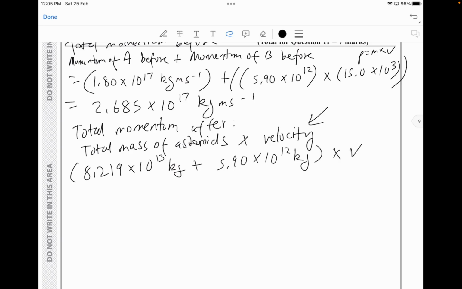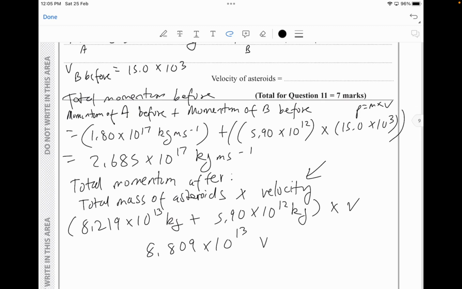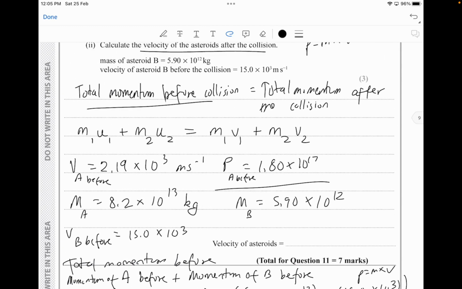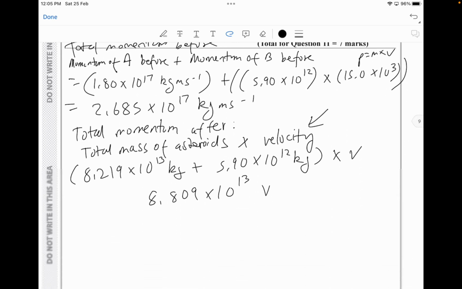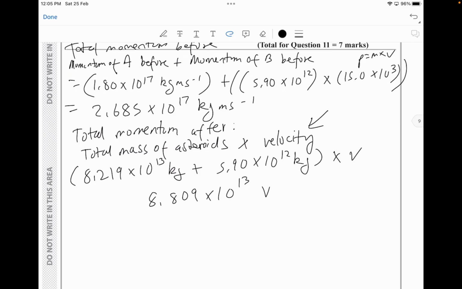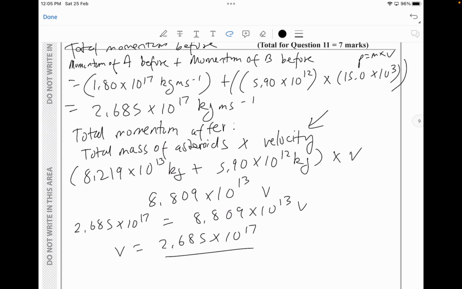So if you add this, you get 8.809 times 10 raised to the power of 13 V, okay? And once you do that, we're going to rearrange this, and since we know the total momentum before is equivalent to the total momentum after, 2.685 times 10 raised to the power of 17 is equivalent to 8.809 times 10 raised to the power of 13 V. And velocity is 2.685 times 10 raised to the power of 17 divided by 8.809 times 10 raised to the power of 13,